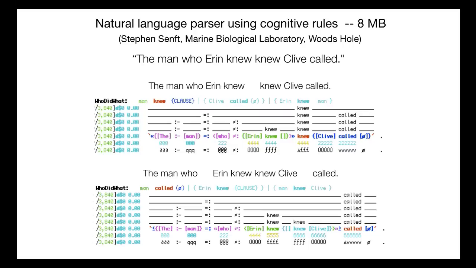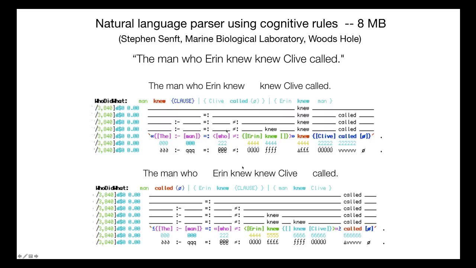It also is able to pull out of this who did what to who. So in this first one, the man knew something. Clive called somebody, and Aaron knew the man. Whereas this one is different. The man called somebody, Aaron knew something, and the man knew Clive. And